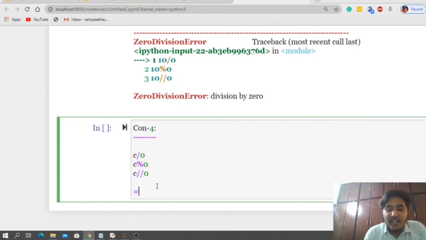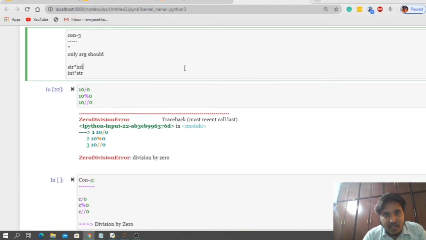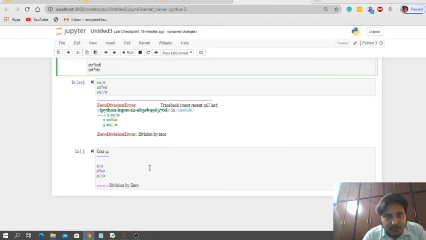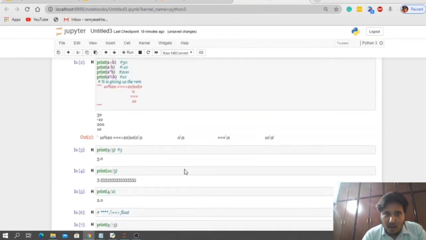We are getting a division by 0 error. Is this clear, guys? This is the fourth conclusion we are getting in arithmetic operators.